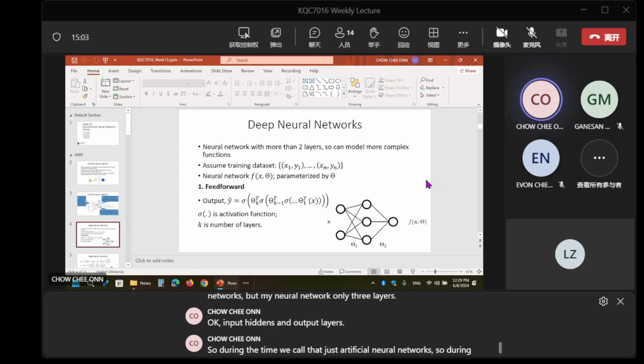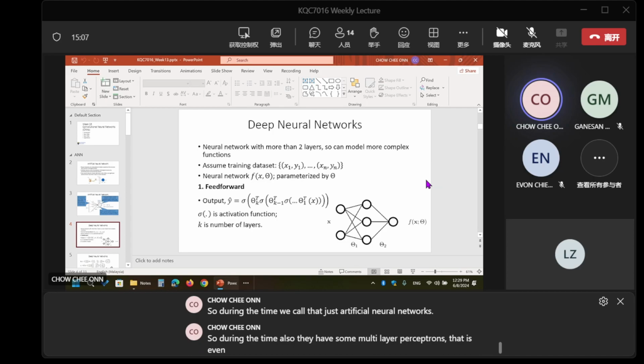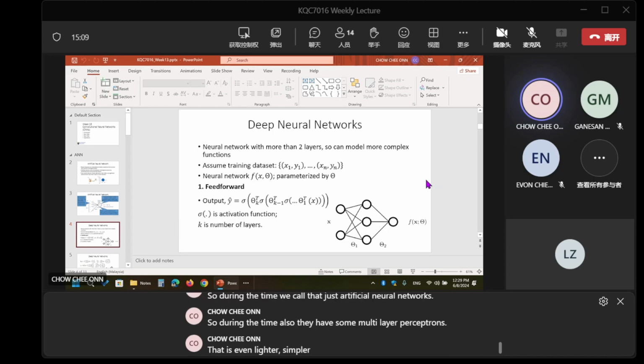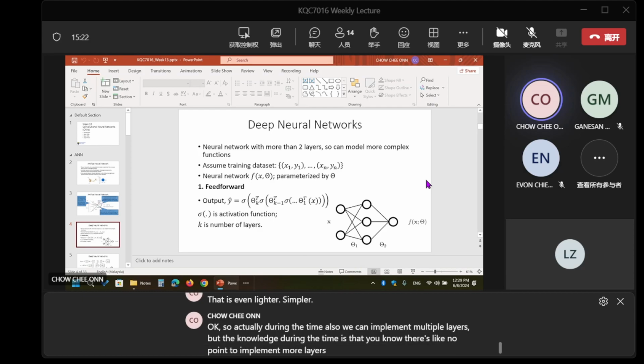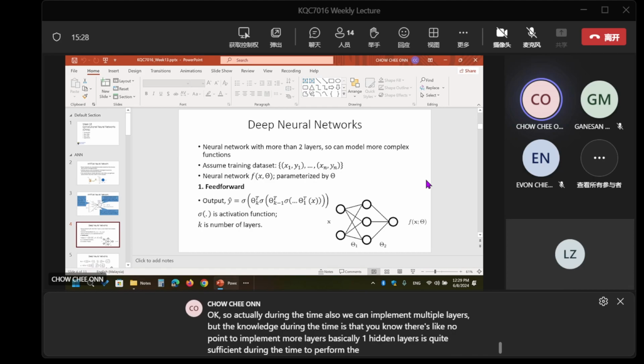There were also multi-layer perceptrons, which are even lighter and simpler. During that time we could also implement multiple layers, but the knowledge then was that there was no point in implementing more layers. One hidden layer was quite sufficient to perform the tasks we wanted to do.